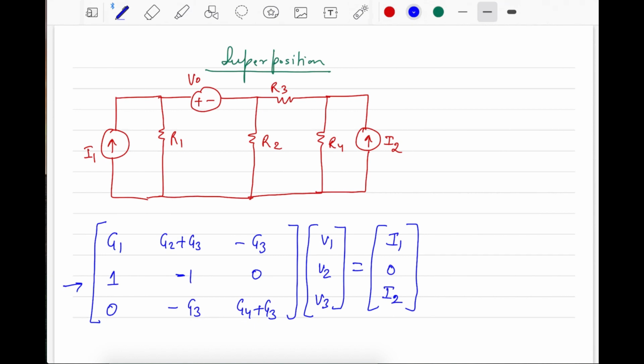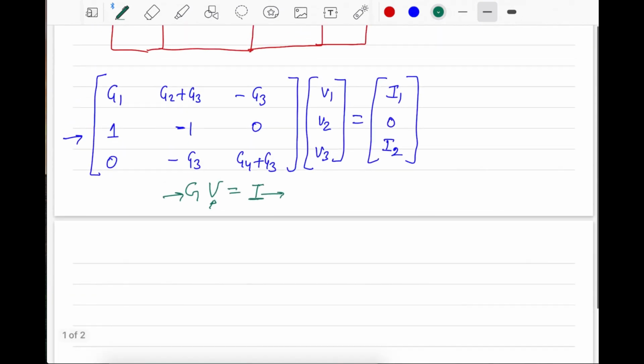Okay, so this is the G matrix for this network. Now one thing is important here, as you can recall. I was telling you that this is a matrix representation. So you can write like this: G, then you have V, and then you have a capital I. Basically, these are all known to you, and these are the unknowns, and this is the matrix that you are actually finding out. Now there is another way of solving this. So what is another way of solving?